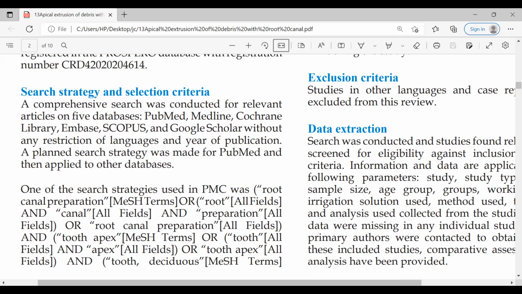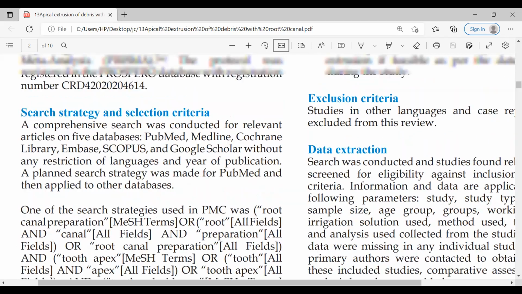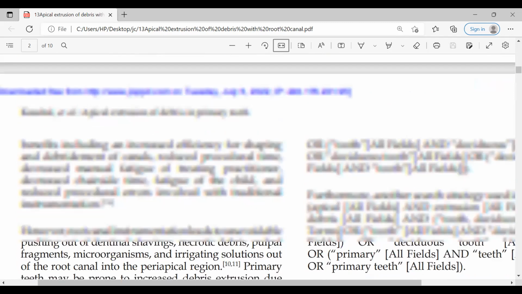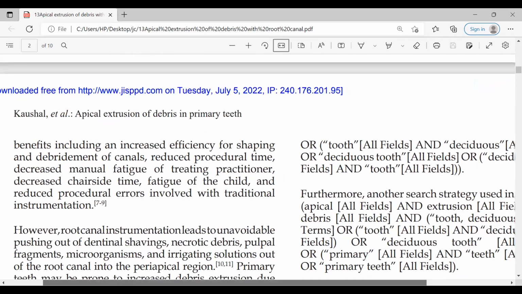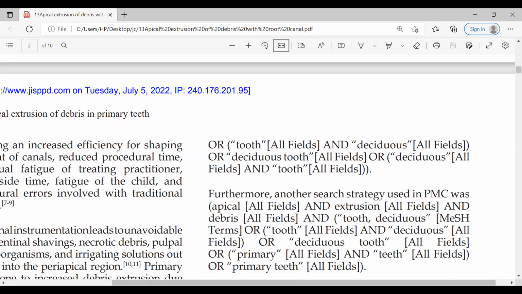One of the search strategies used in PMC was root canal preparation or root canal and preparations or root canal preparation together, and tooth apex or tooth apex and deciduous tooth or tooth.